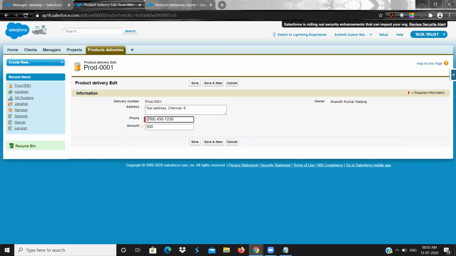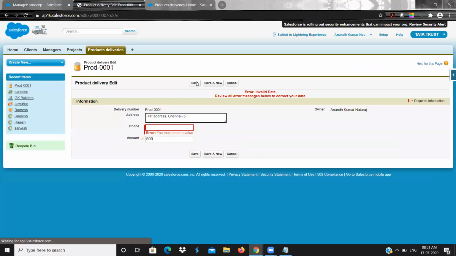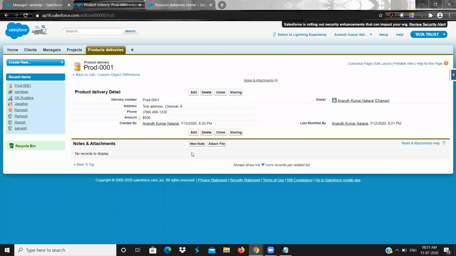That means it is required. For example, if I'm not giving any value and I save it, it will throw an error: you must enter a value. That is the use of the required field. I need not write any logic or rule. Simply I can check the required checkbox whenever I create a field.